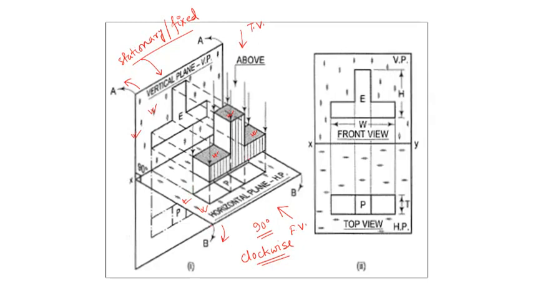After that, the horizontal plane is rotated by 90 degrees, and after that we get this figure, because at the top now we have the front view. As we rotate this plane, this plane comes to this position, and finally we have got this figure. So this is our top view and this is our front view.